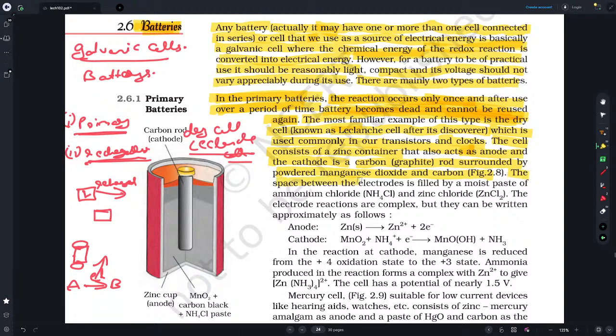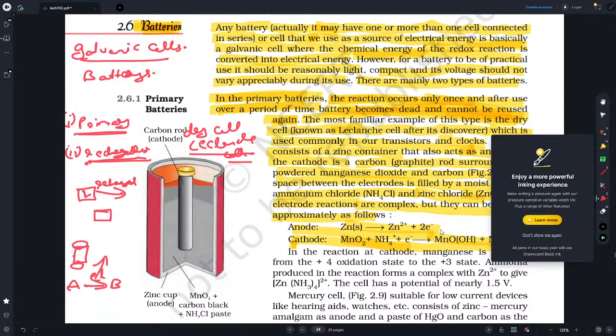The space between the electrodes is filled by a moist paste of ammonium chloride and zinc chloride. The electrode reactions are complex, but they can be written approximately as follows. Anode: zinc, as I said, this is the basic oxidation reaction of zinc, and cathode,